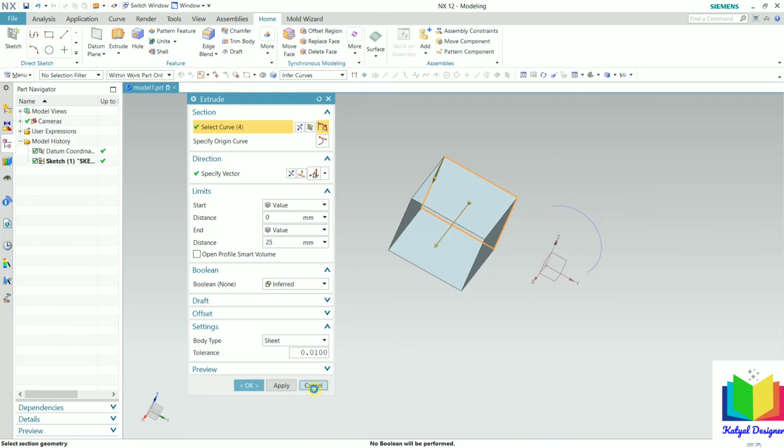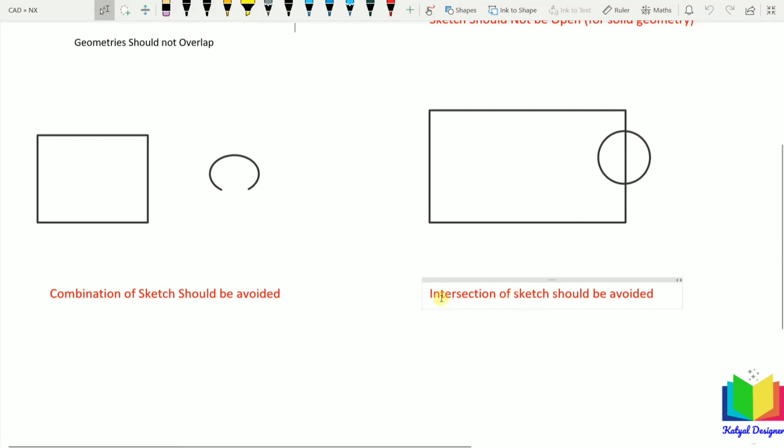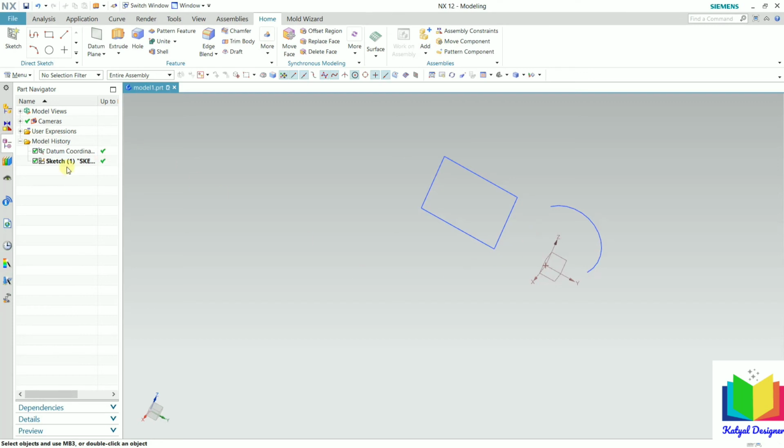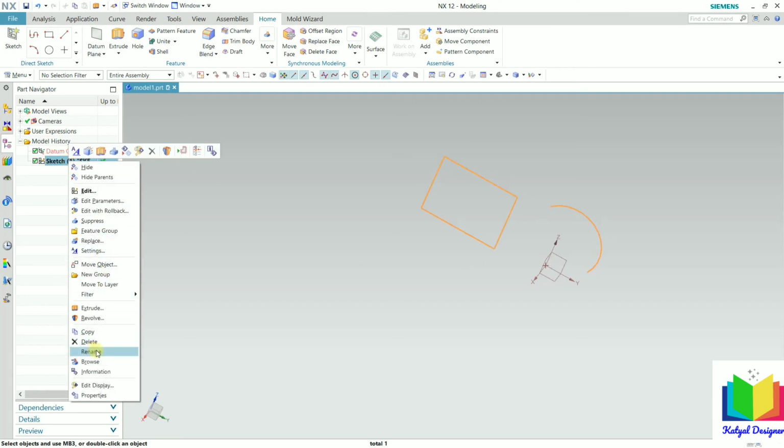So I click cancel. One more thing, that intersection of sketch should be avoided. Here we can see I have a rectangle and I have one more circle here, and these two geometries are intersecting. It means we don't have any clear closed sketch, and these types of intersection should be avoided. Now to understand this, go to this NX, I delete this sketch,